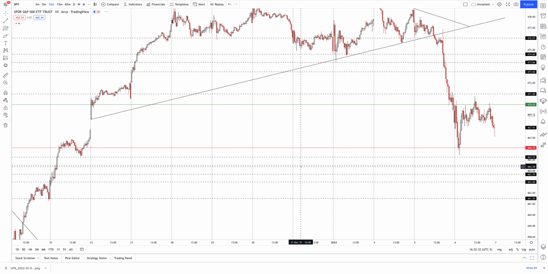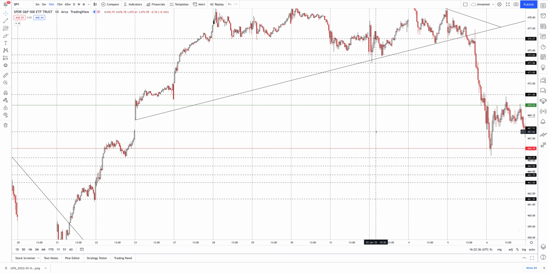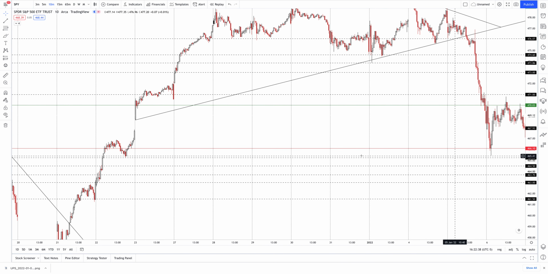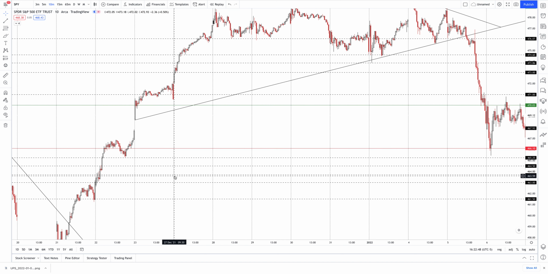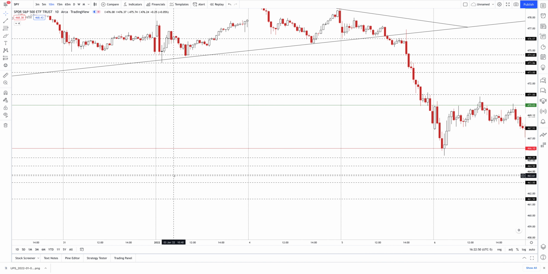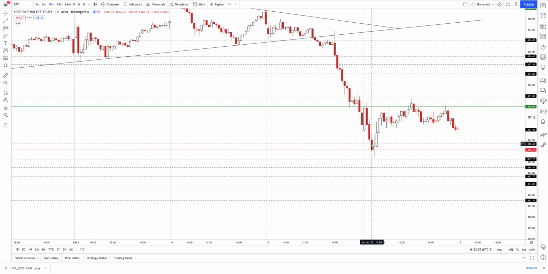I knew price was opening relatively flat, maybe on a gap down, so I put it a bit lower than yesterday's close. I put it at this area of potential support back here on the 22nd of December. I used the low of this candle to be exact. And in hindsight, I should have used a bit lower because basically what happened was we got a 10-minute candle close at